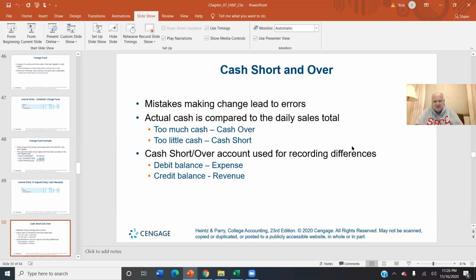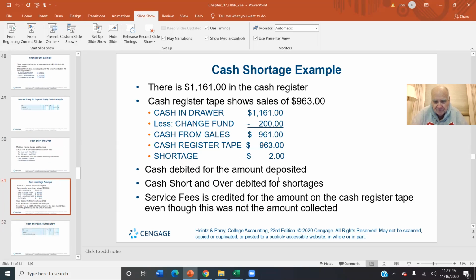But guess what? Like we just said, you're going to make mistakes. You might be short or over. So coming to the rescue to help you is an account called cash short or over. Cash short and over. If you ask me if this is an expense account or a revenue account, I'll say you can call it whatever you want. Let's call it a revenue account. We're glass half filled people. In other words, if we make an error that is favorable to us, we're going to end up coming up with more cash and crediting a little extra income. The other way, we're going to end up losing some cash.